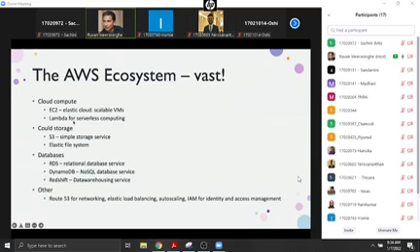Right? It also has a more complex cloud compute called Lambda, right? And this is known as serverless computing. Obviously, you can't do computing without servers.